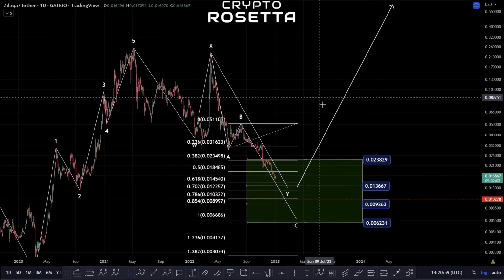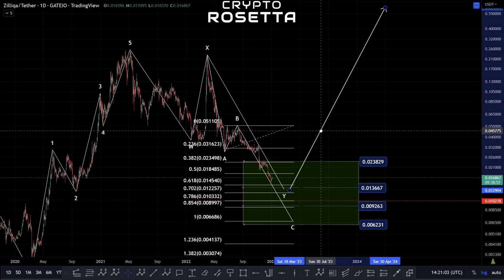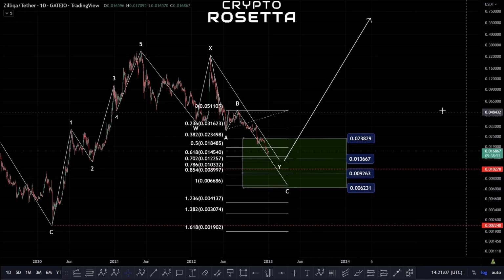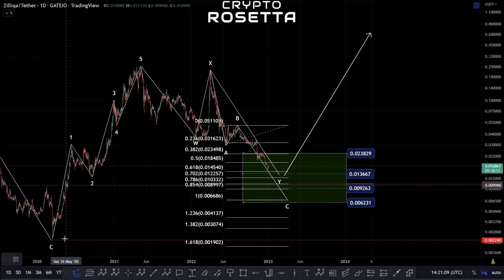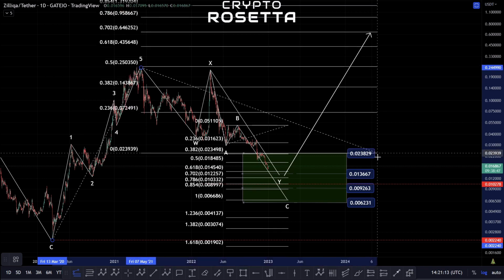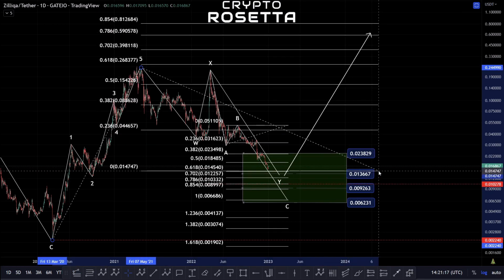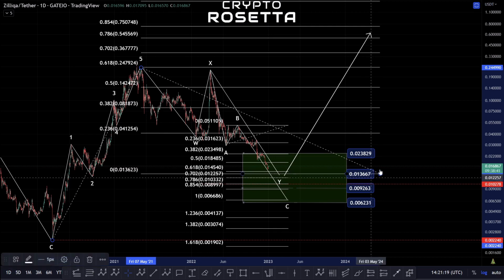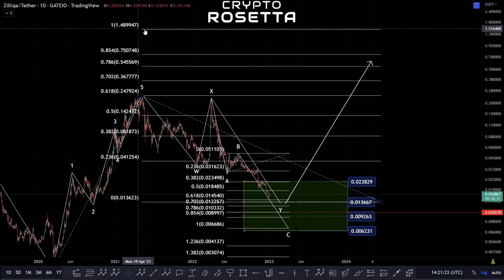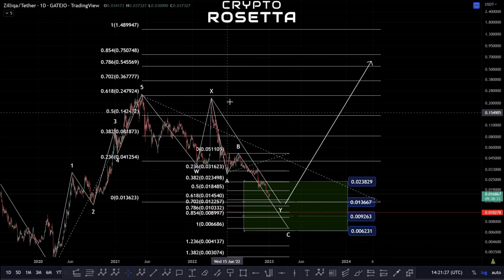So this move to the upside could go a variety of ways. If we were looking at this as a 5-wave move here, then we'd be looking for an additional 5-wave move to the upside. So if we bring this up into this high point here, down into this low point, actually let's line it up with that 0.618, we could see here that a 1-to-1 would take us to this $1.48 area,